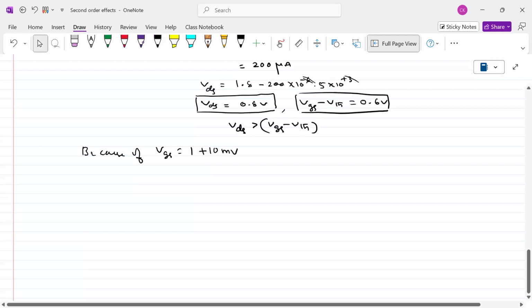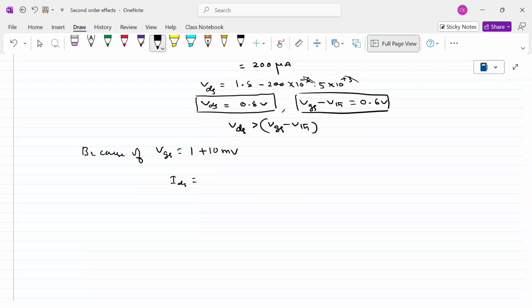Therefore, what is the IDS equation? We said that it is in the saturation region, right? What is the current equation? We have to substitute in place of VGS, what value do I have to substitute? 1 volt plus 10 millivolts that I have to add. If I do this, I will get